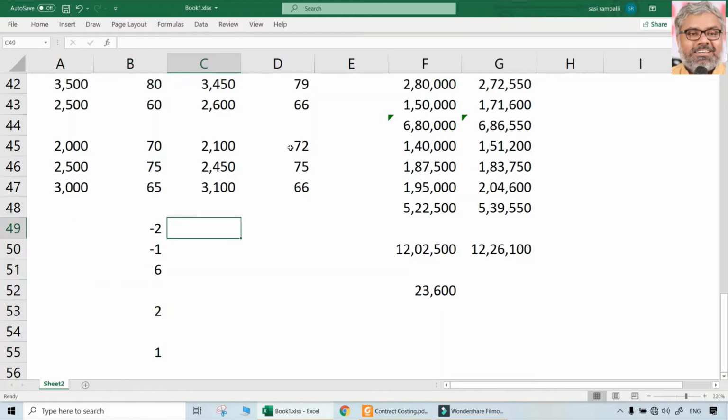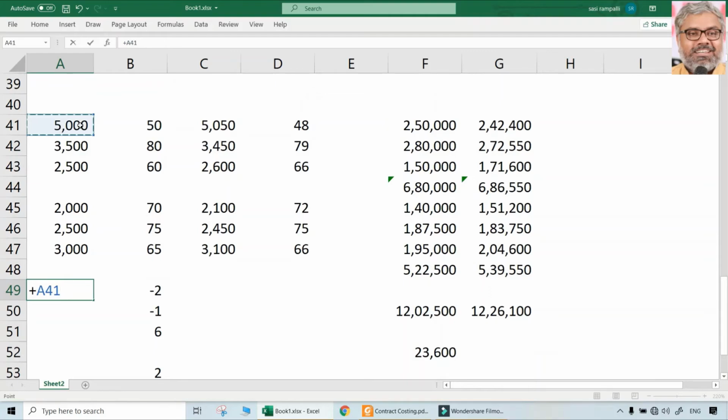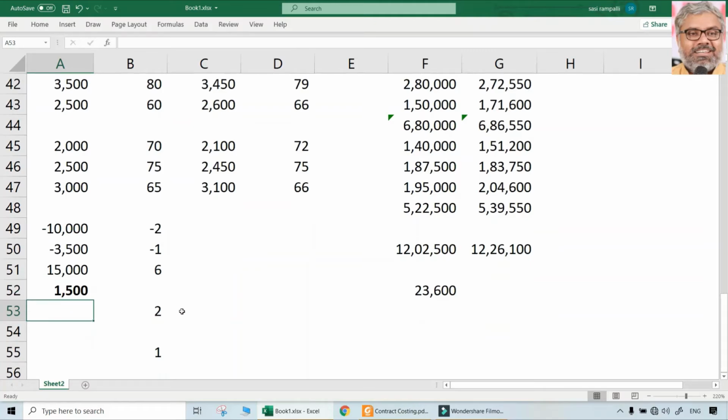Now, this difference only has to be multiplied with the standard quantity. So 5,000 only you are supposed to use, nothing more, nothing less. Whatever you actually used, the contractor does not care. But because there is a change, here there is a reduction. So actually there should be a reduction in the contract price of 10,000 in that particular scenario. There should be another 3,500 reduction. But here there is an increase. So as far as materials is concerned, there is 1,500 only that escalation is admissible for the increased price. Same way for the labor.